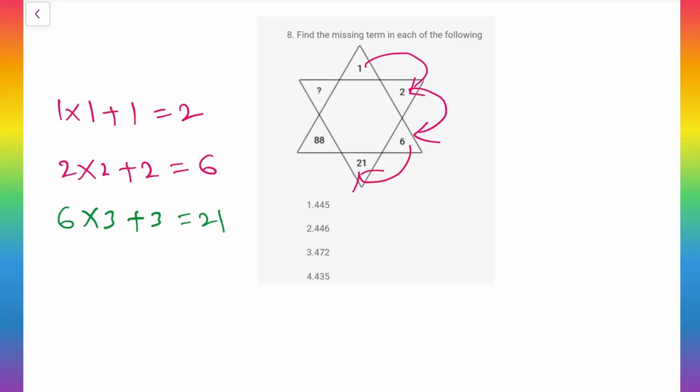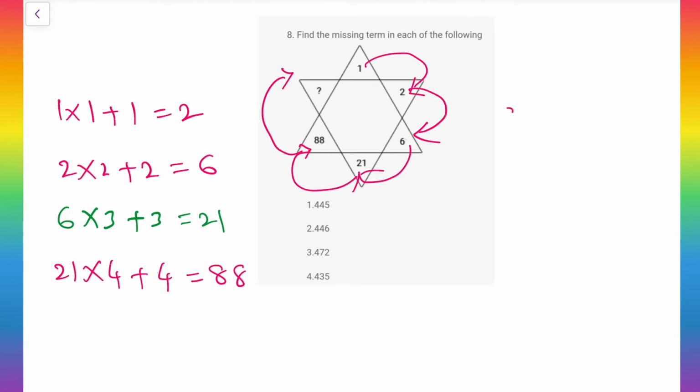Okay, now next, 21 into 1 plus 1 completed, into 2 plus 2 completed, into 3 plus 3 completed. Now into 4 plus 4. 21 4s are 84. 84 plus 4, it is 88. Yes, of course, we also have 88 only. So now comes the next number.